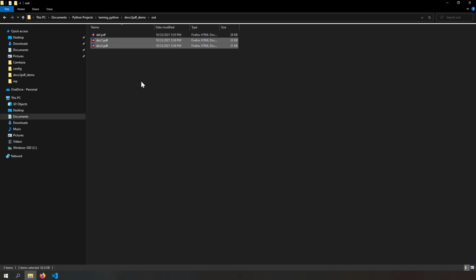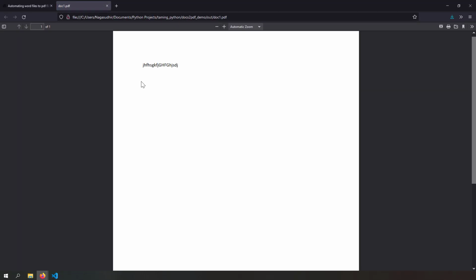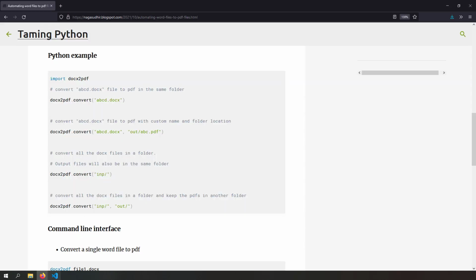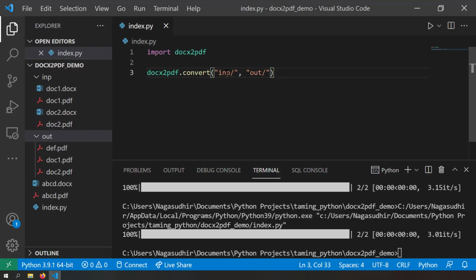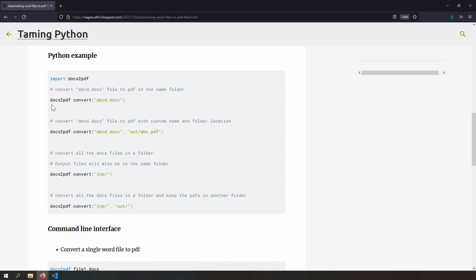You can open this and see whether the output folders are converted correctly. Alright, you can see our content is same as the Word file. So basically just by a single line of code, we have converted all the Word files in one input folder and pasted them in another output folder. So that's it guys. These are the four examples we have used to demonstrate the usage of the docx2pdf.convert function, and